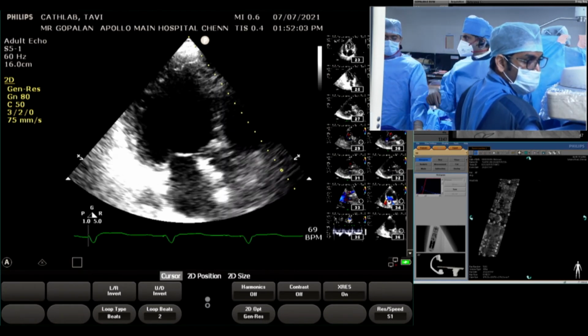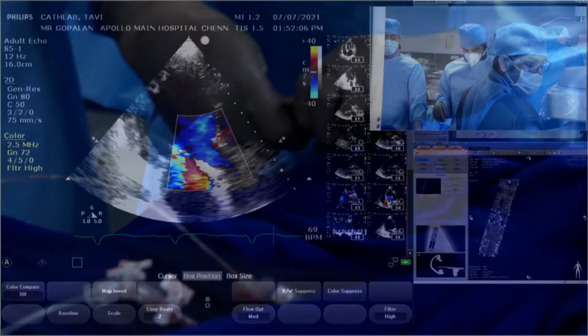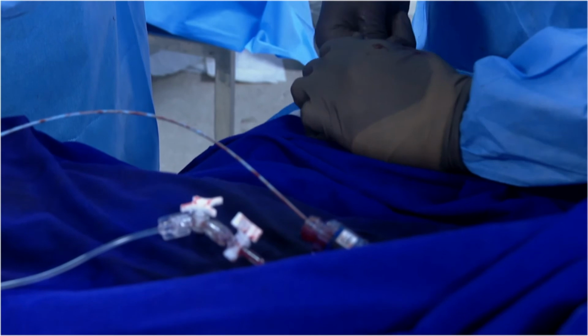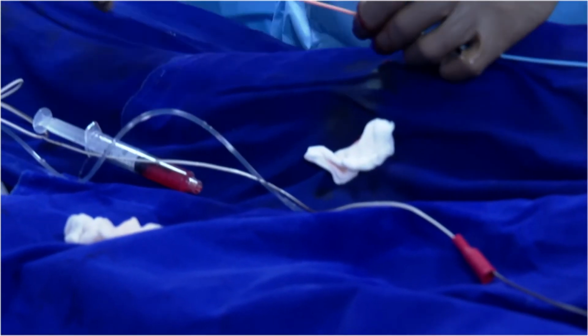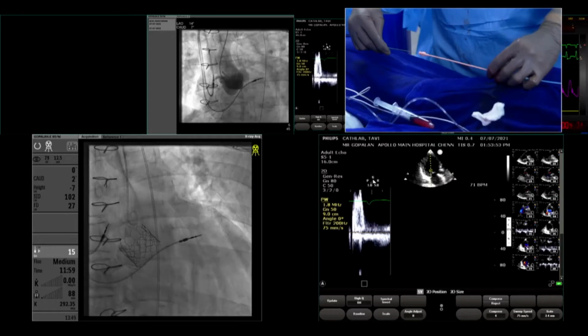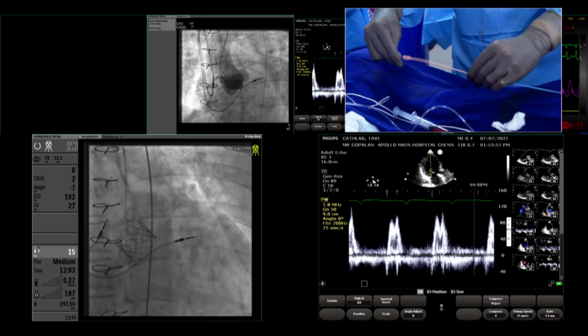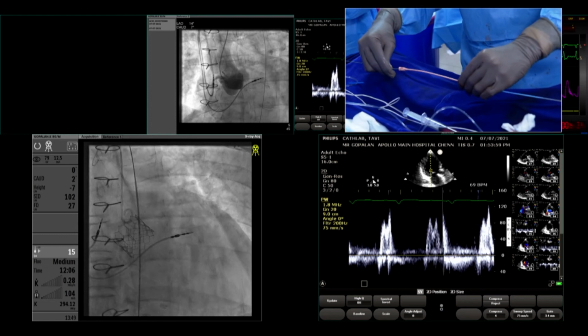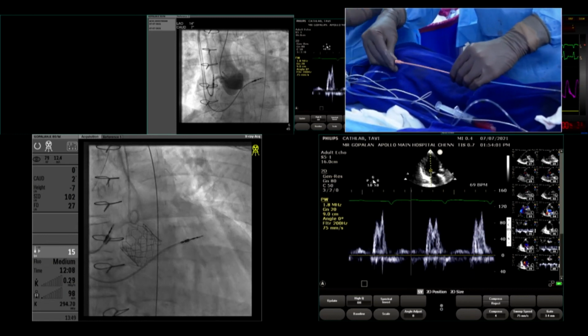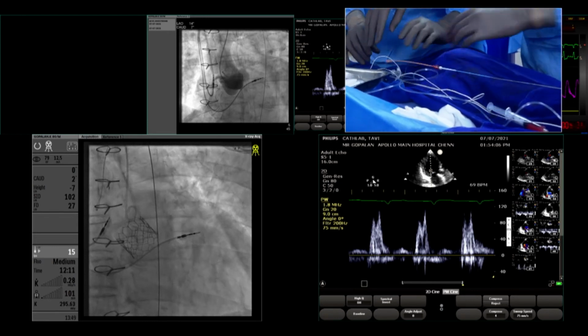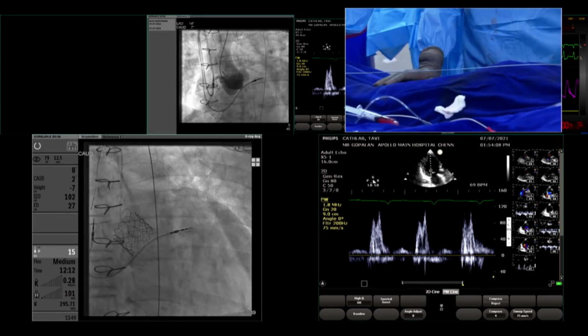Okay, can you switch to fluoro and we'll close this. Okay, ready? Sure. We'll do one more injection after without the wire.